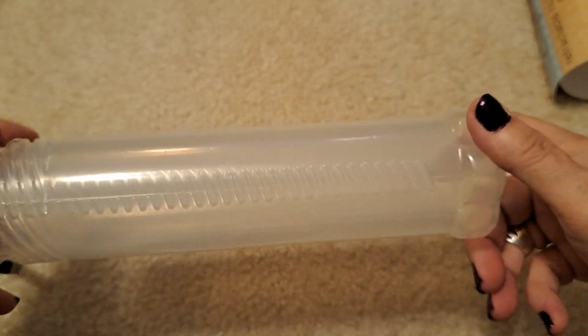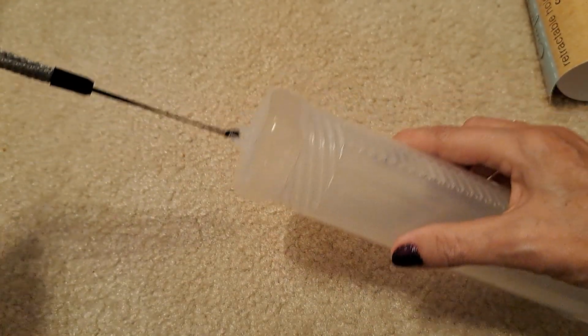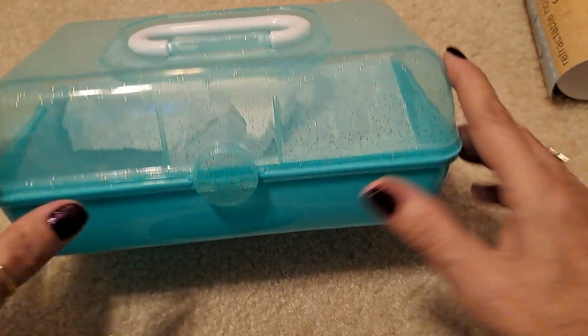So I thought that would be helpful when it's summertime again and I'm back there at the beach, and I like this little handle because I could clip it on to my tote bag. So there's that. And then I saw these, and I was like, oh my god, I